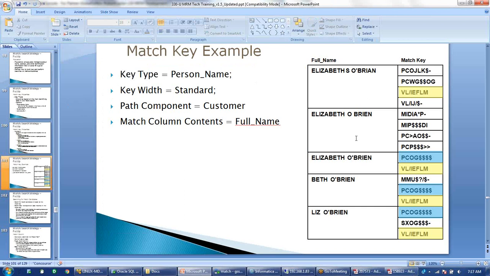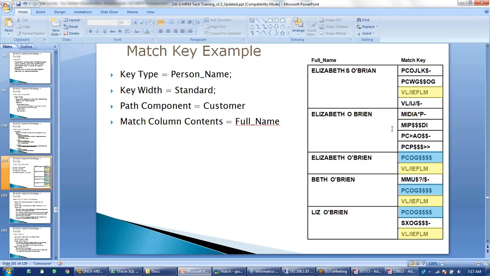These are the 5 records here. For these 5 records, when I run generate match tokens, these are the match keys which are generated. Once generated, they are put into the STRP table. If you have a base object C_CUSTOMER, it will be C_CUSTOMER_STRP. That is called a strip table. MDM will populate all this data.